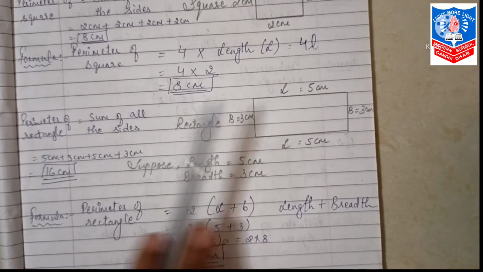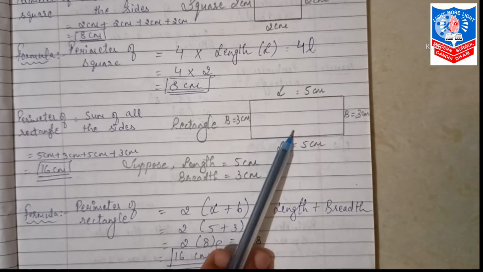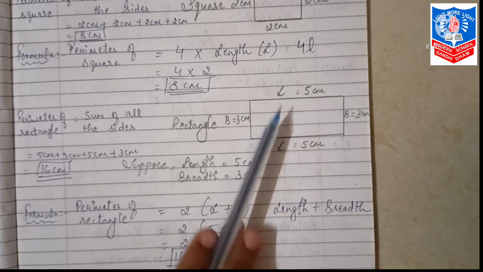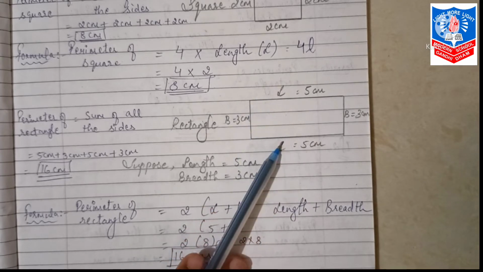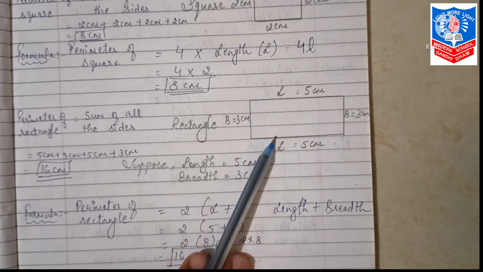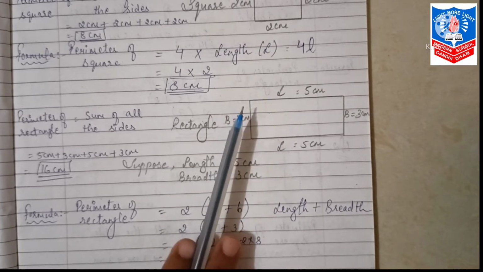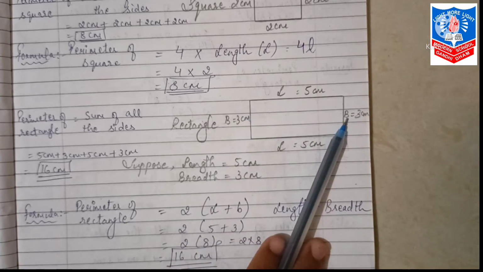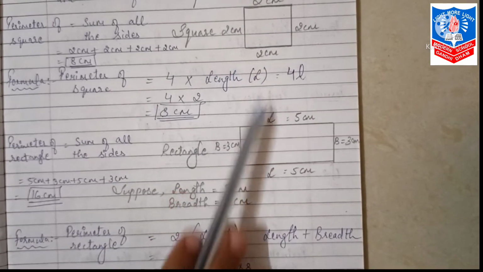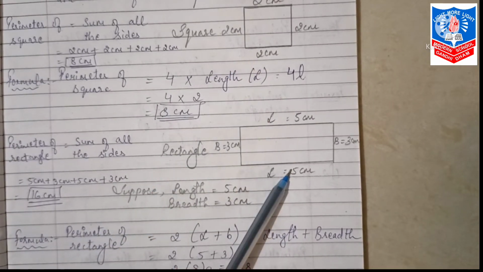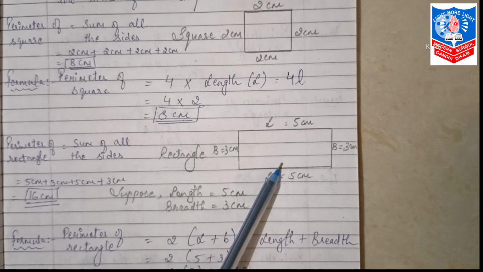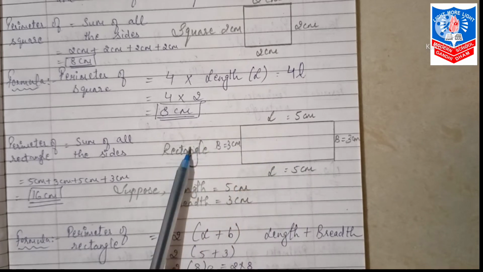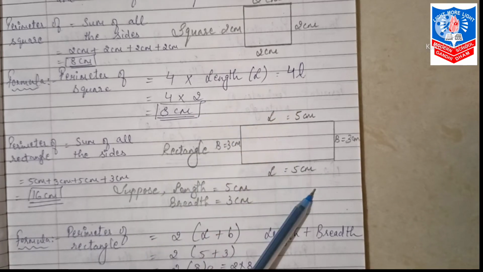Next, you are seeing a shape of a rectangle. Can you see this rectangle? Now in a rectangle, the top side and the opposite side are both known as length. And the side we have here we call breadth, and the same opposite side is also known as breadth. Whether it is a square or a rectangle, length and breadth come in the same places. But there will be a change in the centimeters. And in a rectangle, length and breadth never match.